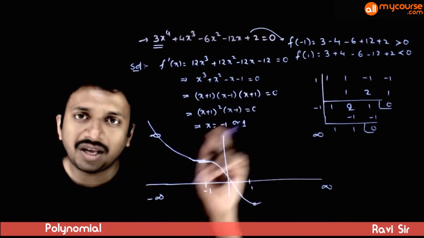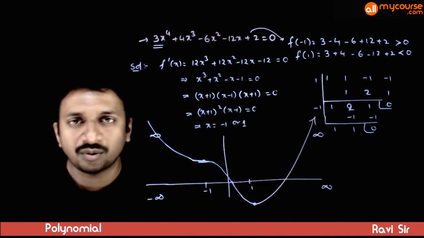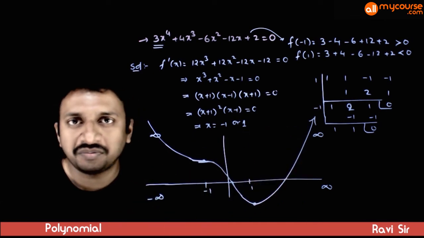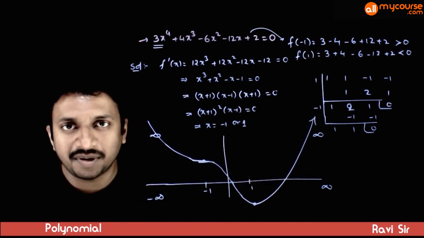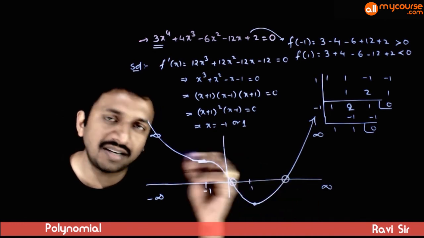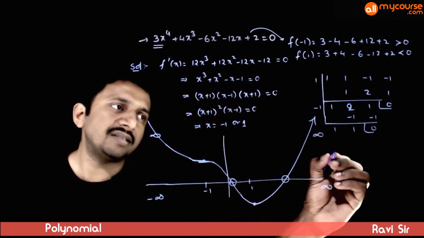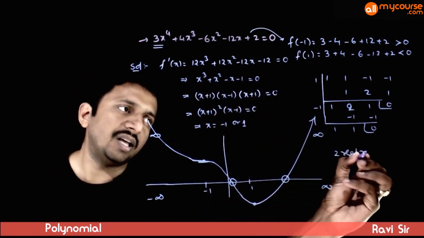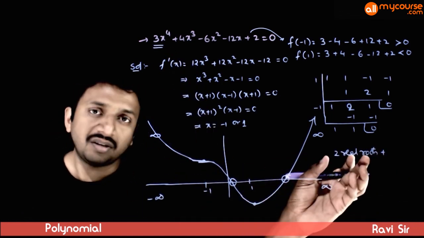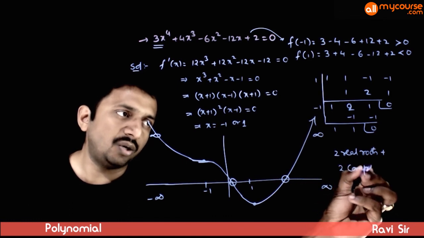And then it has to reach plus infinity, so it has to move up. This is how the graph has to be shaped. Hence, as you can see here, the graph cuts the x-axis at exactly 2 points. That means this equation has 2 real roots. This is a 4th degree equation. If it has 2 real roots, that means it has to have the other 2 as